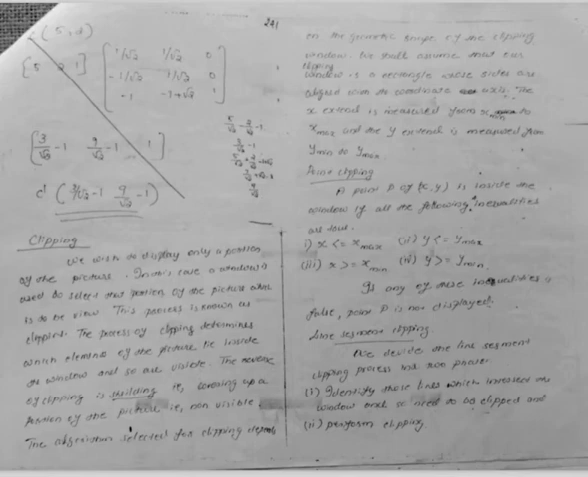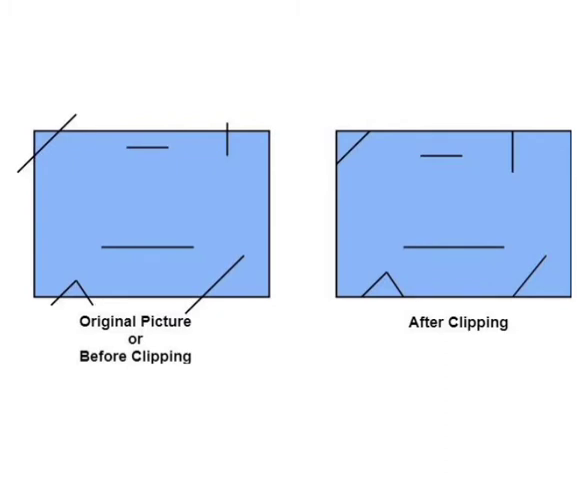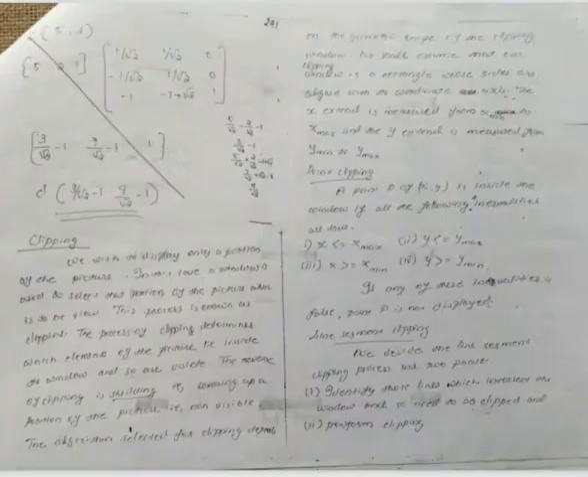The topic is clipping. If we wish to display only a portion of the picture, we use a window that is used to select that particular portion of the picture which is to be viewed. This process is known as clipping. The process of clipping determines which elements of the picture have to be displayed on the screen, so they are visible. The reverse of clipping is known as shielding,